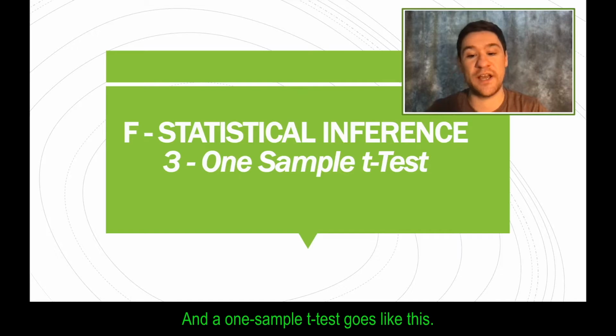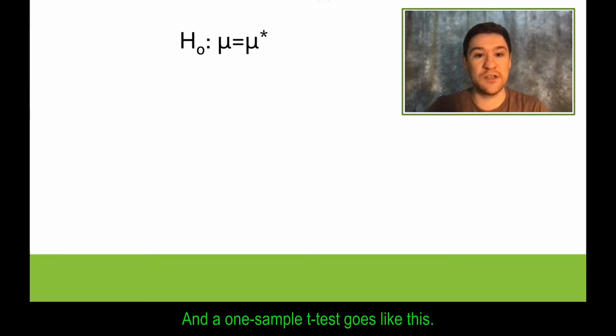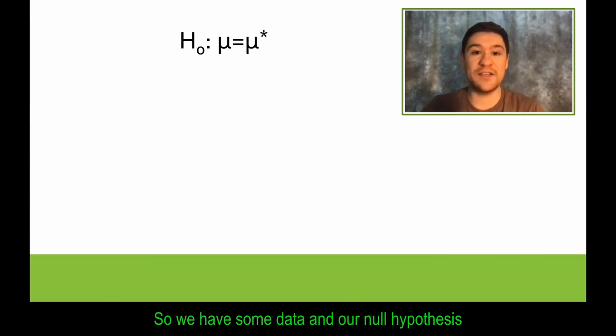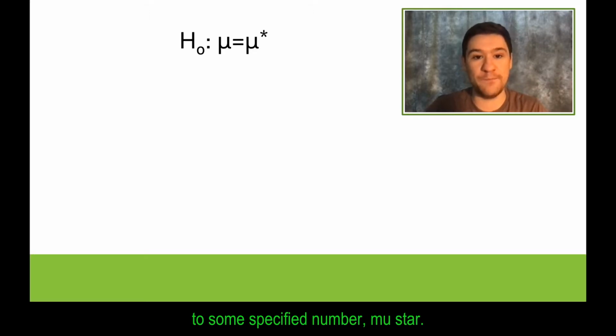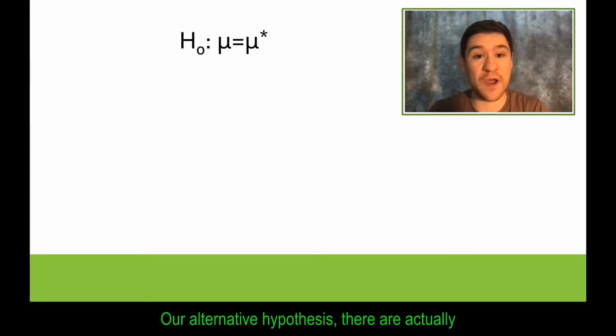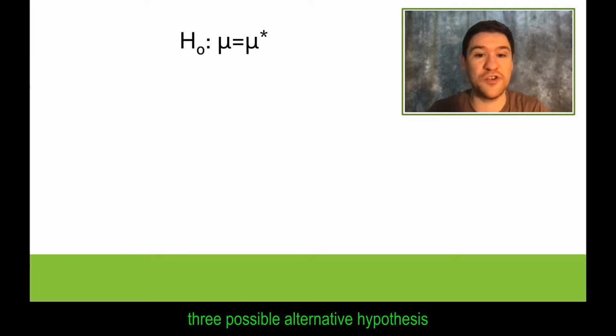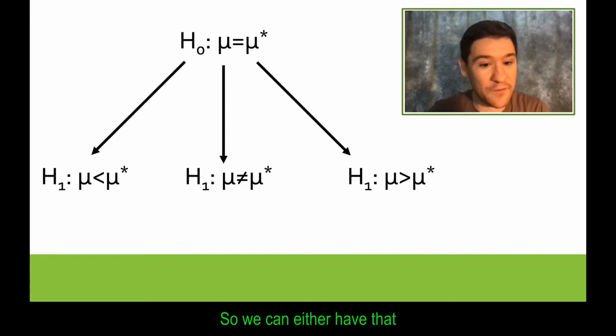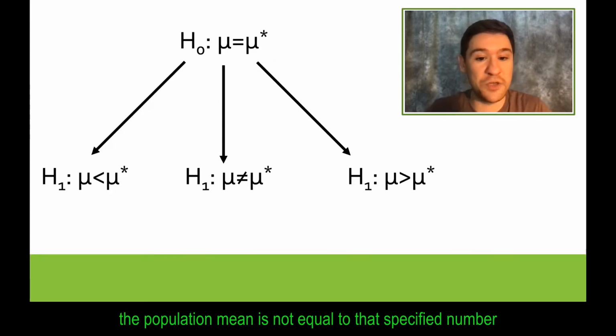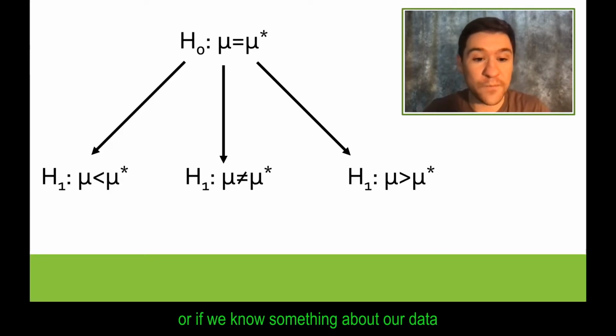And a one-sample t-test goes like this. So we have some data and our null hypothesis is that our population mean, mu, is equal to some specified number. Okay, mu star. Our alternative hypothesis, there are actually three possible alternative hypotheses, three opposites to this. So we can either have that the population mean is not equal to that specified number, or if we know